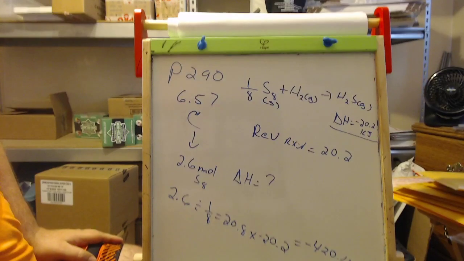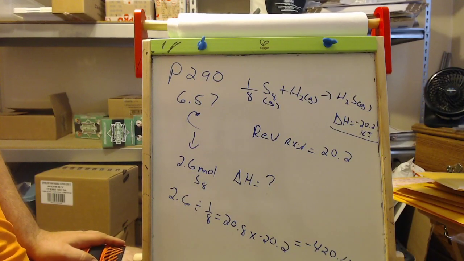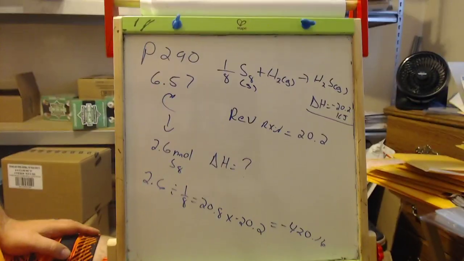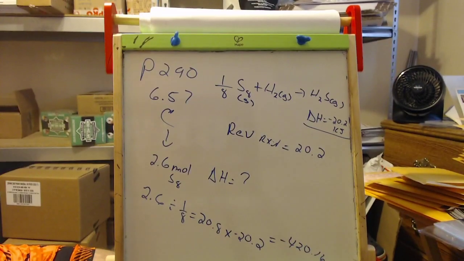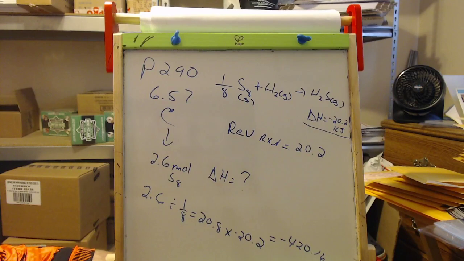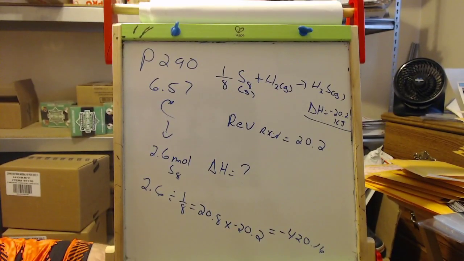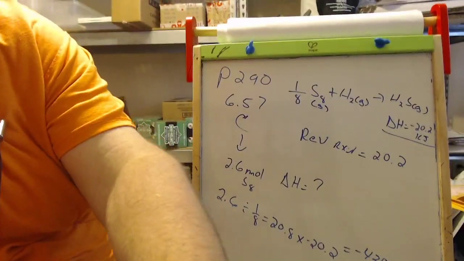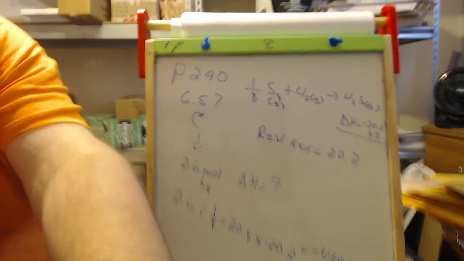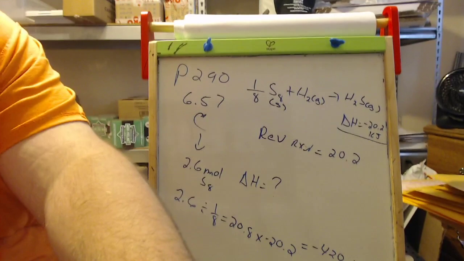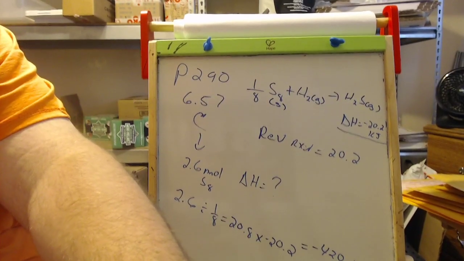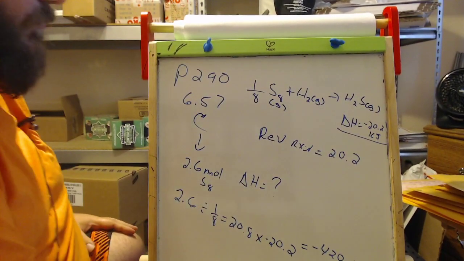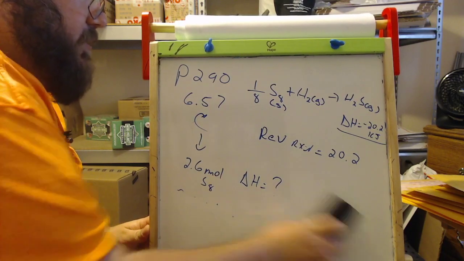Now the other question I see is 6.72, which says, write the overall balanced equation for the following. So all they want you to do here is add two equations together like you were doing algebra. They're saying you have two equations. How would you add them together to get your third equation? So, on the same page,